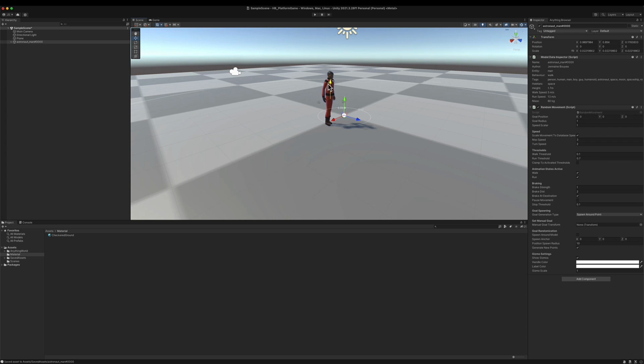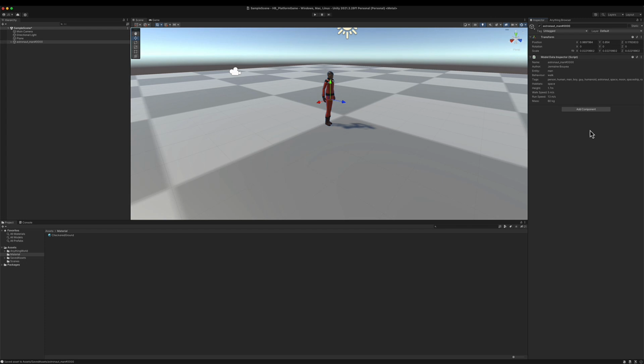There you go. And I'm going to remove this script from our game object. So this is the script that Anything World provides for you, which is a basic random movement script. It essentially picks a random point in the world and the character moves to that point. Once it gets there, picks another point, and so on and so forth, just so you can see the animations already working as you import the character. But we're going to be creating our own logic, so I'm going to remove this component,